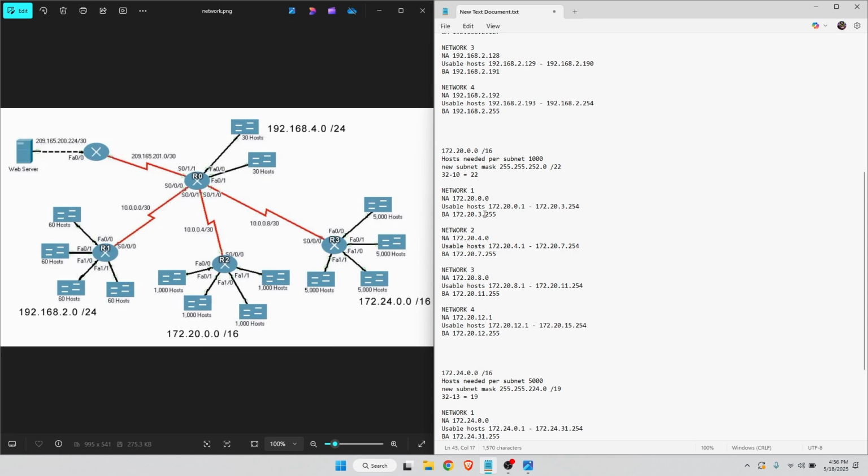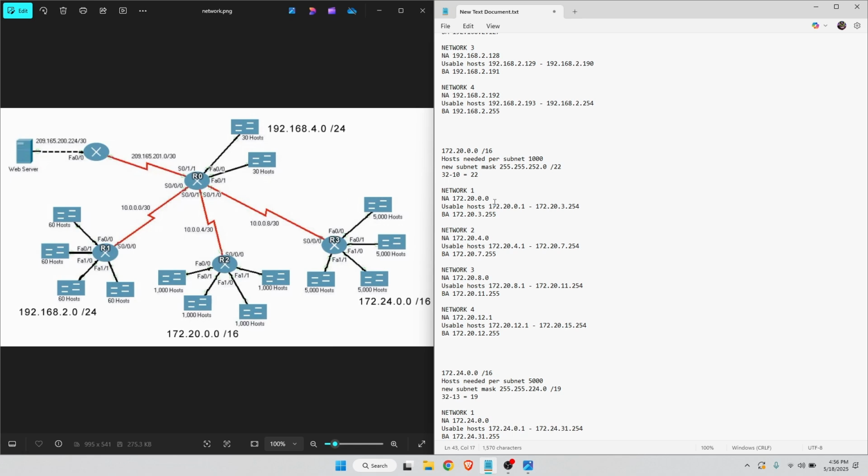Now let's move on to the third one, the 172.20.0.0. This one needs 1000 hosts per subnet. You can see here we got our new subnet mask of 255.255.252.0, which will be a /22, and the network address for network 1 would be 172.20.0.0, and the broadcast address will be 172.20.3.255, and the usable hosts again, which is everything in between, will be